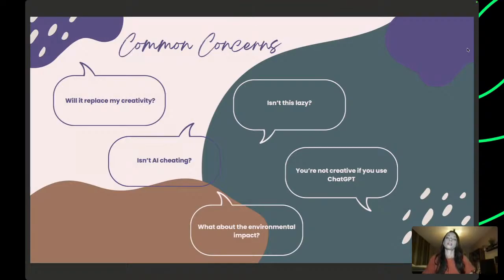And of course, because it is such a powerful tool, there are some concerns in the public space around the use of it. And especially for artists, what I hear about the most is along the lines of, isn't it lazy, or isn't it cheating? Or maybe it is not creative when you use it, or it will take the creativity out of the process. To which my take is, I don't think it's lazy or cheating. I think it's just a tool. Like we watercolor artists use masking fluid, or maybe you use a light box or a compass to draw perfect circles. So it's just a tool, and it all depends on how you use it.